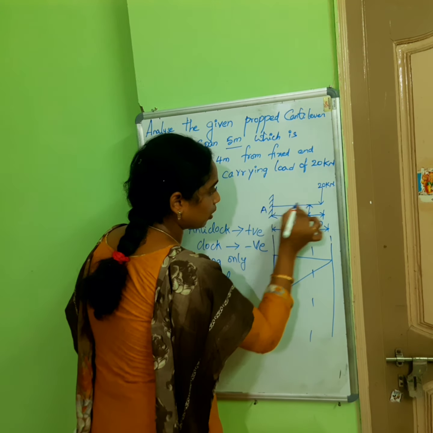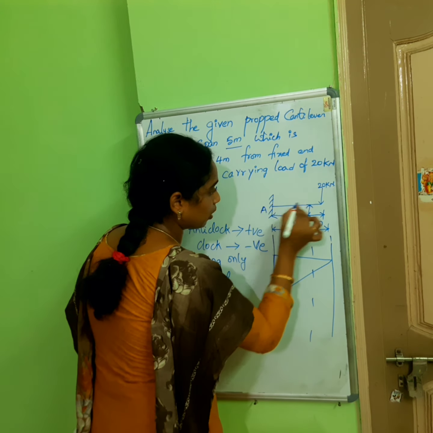What is the area for this one? Half base into height. It's nothing but half into base, how much? For this triangle up to here, see, 4. Height how much? See here, overall length we know is 100 and this length is 20 meters. So for calculating this height, I am doing 100 minus 20, how much? 80. So this is my height. So total load how much? 160. I have cancelled 2. So it is 160.